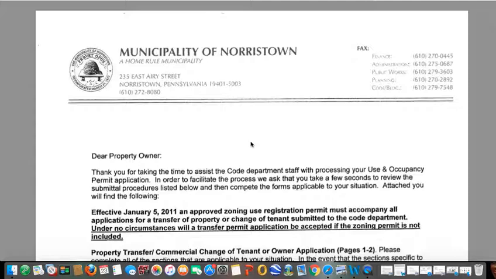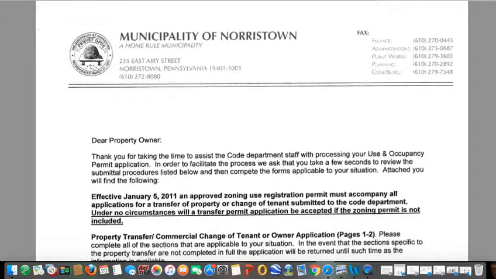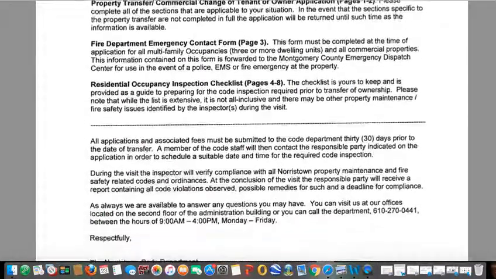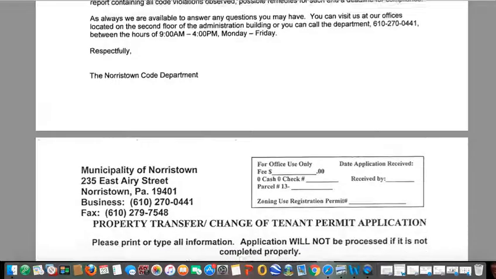But anyways, now that you know how to find UNO or property transfer applications, now I'm going to show you how to essentially fill out that application. So we're going to first look at the Norristown application. You'll always see at the beginning of these applications, it talks about the property owner. We're going to simply disregard that, and we're going to scroll down to the second page, which essentially starts the